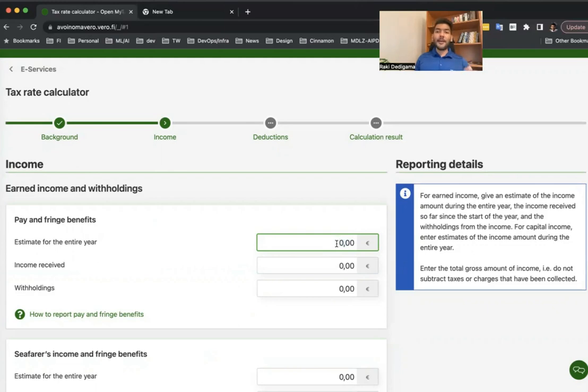So let's say I want to calculate how much tax I'm going to pay for the entire year. Let's take an example salary. Let's say you get a salary of close to 4,500 euros. Now your salary ranges can vary. This is not a video about salary. This is just for the sake of example. I'm going to use this number. So if it's going to be 4,500,